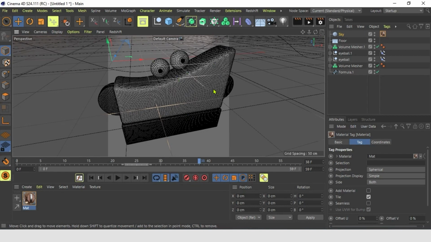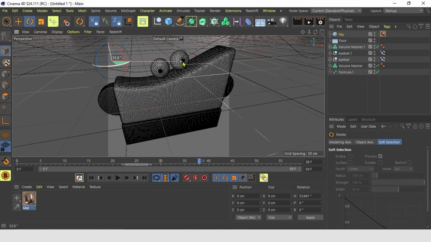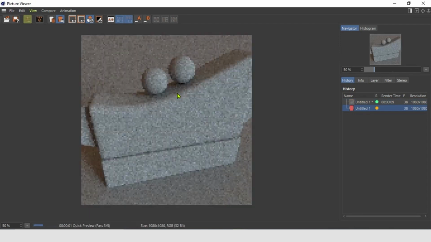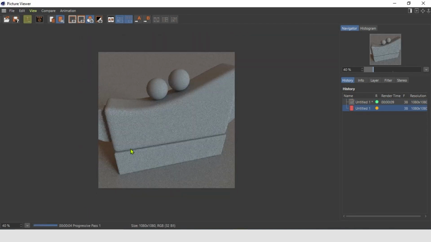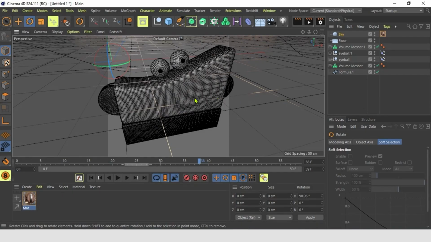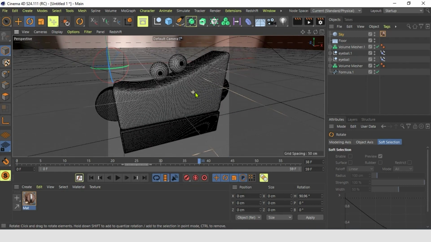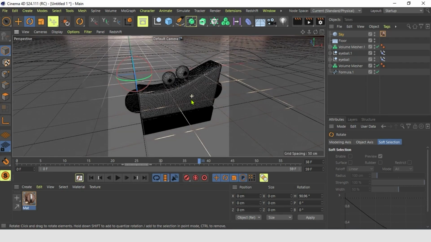One thing you can do, you can take sky and rotate it around and play around and see what outcome you get. So now for example, you get more of frontal light and the shadows are in the back. Let me put it back as it was, because I quite like the light coming from the back. Alright, good.